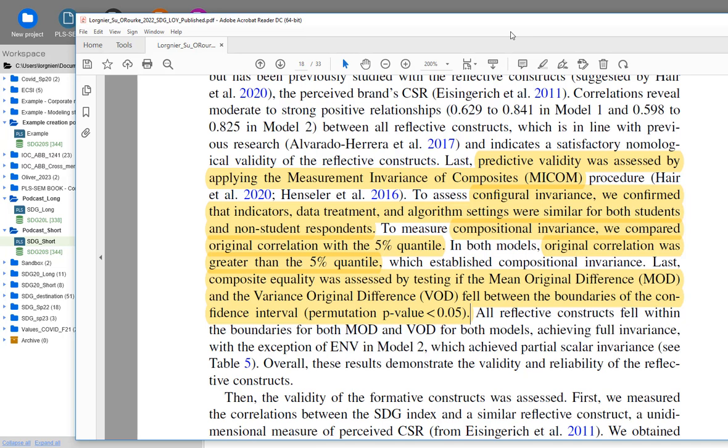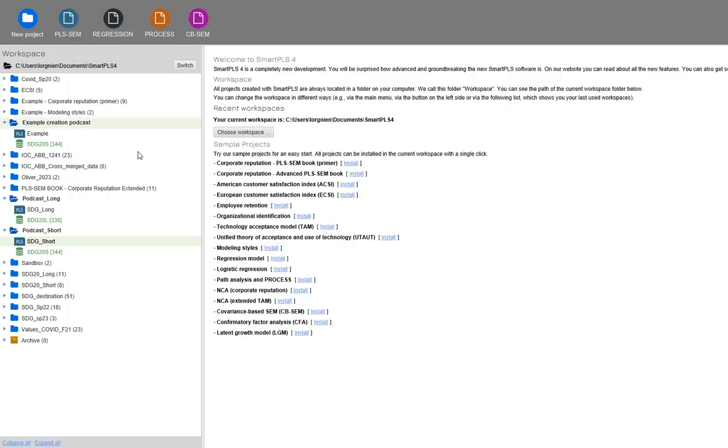Then that's where the stats begin. We will measure compositional invariance by comparing original correlation with a quartile. And so we will then bootstrap that 5,000 times, and we will see if it's a significant difference. And last step, the third step, composite equality. We will do that by comparing in a similar way the mean original difference and the variance original differences, and same thing by comparing the sample with the fifth quantile. Okay, so it looks a little bit complex, but it's actually very easy to do